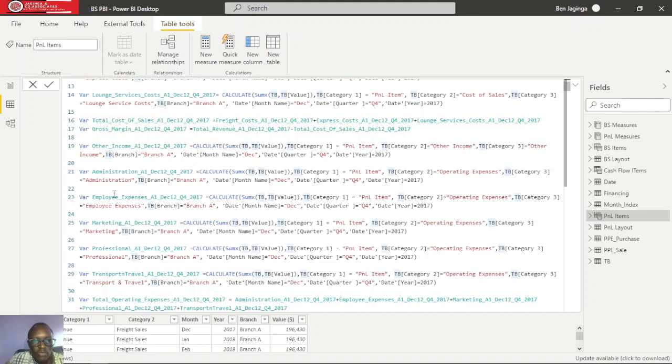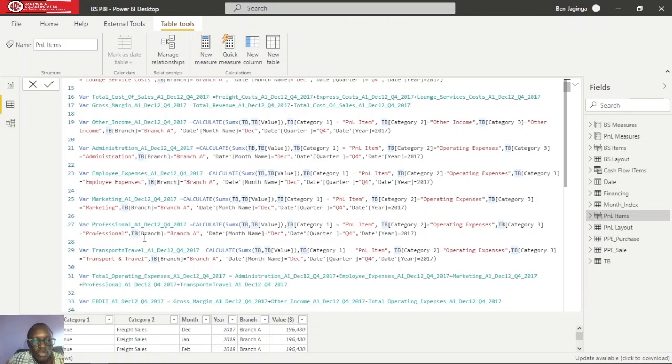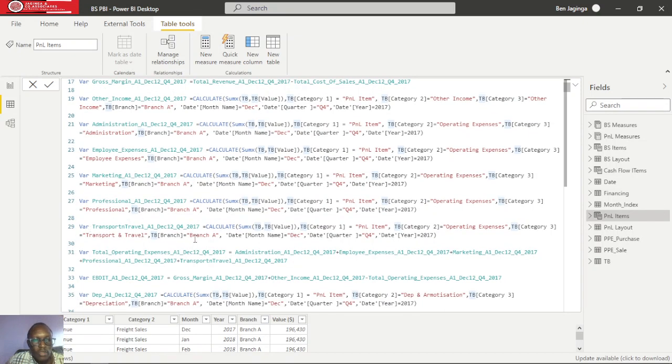Then after doing the variables for all these operating expenses, we need to get the total operating expenses. So our variable for total operating expenses is equal to the summation of the variables for individual operating expenses. Like now you have here our total operating expenses for branch A, the month of December, quarter 4, 2017. It's administration for branch A, December, quarter 4, 2017. And then we also add the employee expenses, we add marketing, we add professional expenses, and then we also add